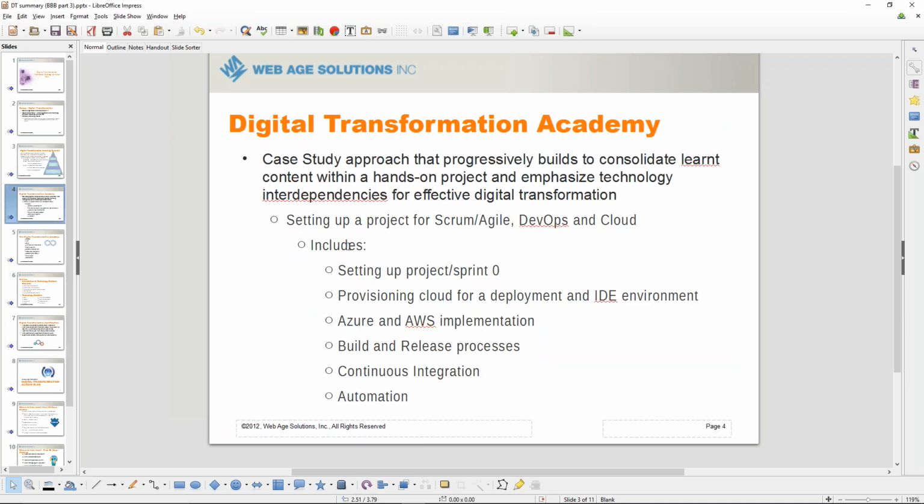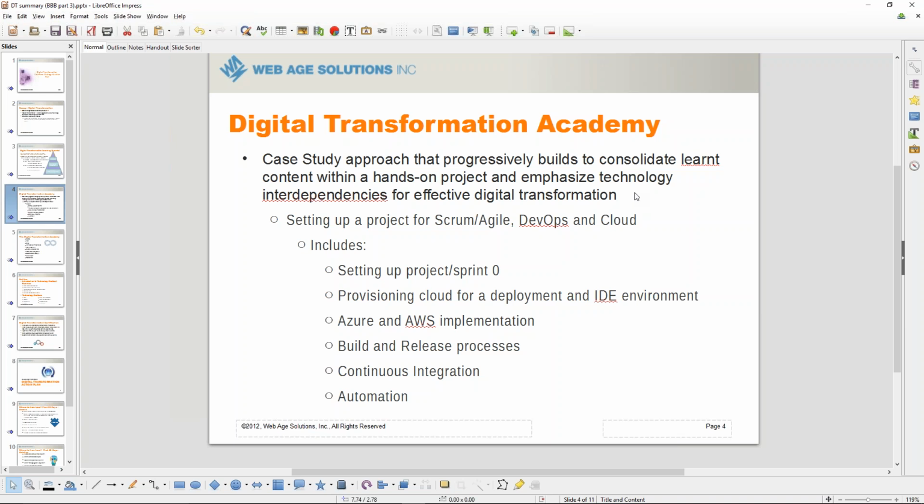Okay, so if you were going to go ahead and build something that says, we are going to do agile transformation, we are going to do DevOps, we are going to do cloud, we are going to do technical agile, how could you do it? Well, to some extent, this is sales. WebAge can provide